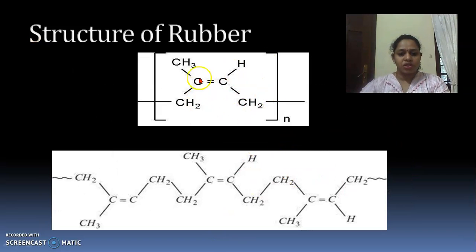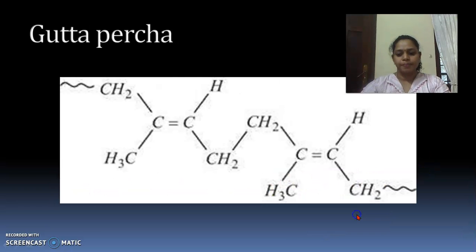So this is the structure of the rubber. This is a monomer and this is a polymer. Here we can see this monomer part over here: CH2, CH2, CH2, H. Here there will be an H, it's not written over here. Then again that is connected to another monomer, and again to another monomer. Likewise it continues. So this is actually the trans polyisoprene. The polymer of trans polyisoprene is known as gutta percha.